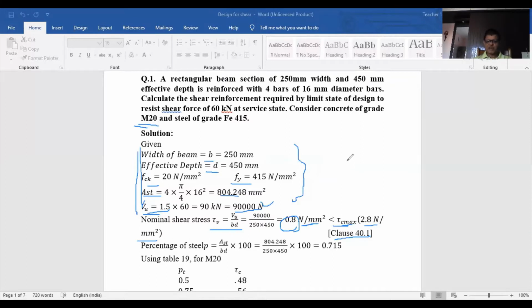The check you have done, the tau b, you now find tau b is less than tau c maximum. That is the fast check. If tau b is not less than tau c maximum, or tau b is greater than tau c maximum, then you have to redesign. Redesign means you have to change the section. You cannot change the load. You cannot change the span. So you have to change this cross section. Either you increase the depth or increase the width or increase both, and accordingly you have to find till tau b is less than tau c maximum.